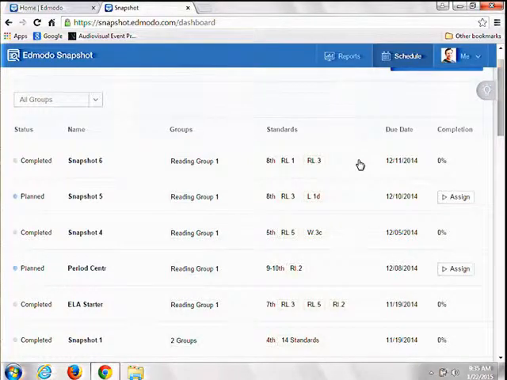So what would happen is my students would get a notification that they have this. They would go on. They can either take these, you know, via the web through a browser, or if you're using the Edmodo app, either on a smartphone or a tablet, they can actually take these that way. There's a teacher who is down in our booth from Palm Beach County, and she actually assigns these a lot as homework. And one of the things that she has noticed is even her kids, as they are on the way home, they will actually get on their parents' phone and actually do these as they're in the car on the way home sometimes.